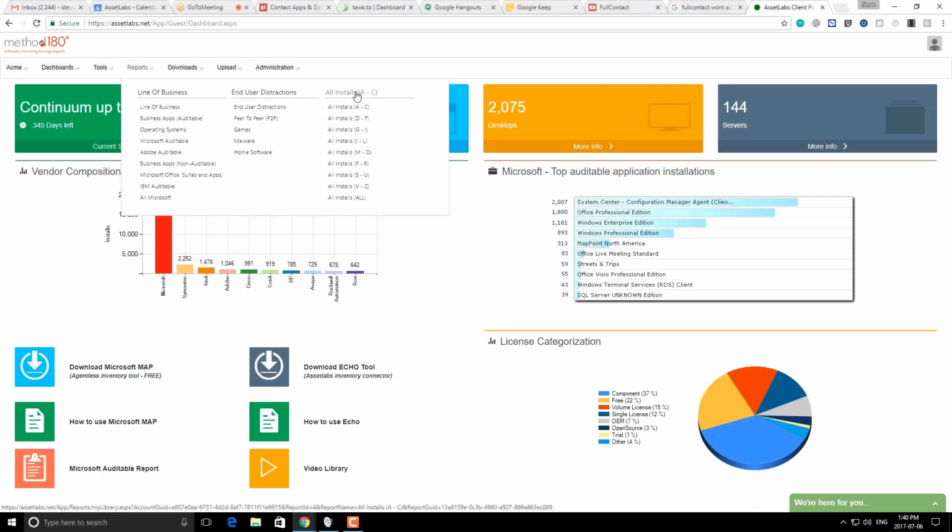Let me ask you a couple of quick questions about the dashboard in general. Sorry, I probably cut you off as you were going to talk about all installs, but I'll let you come back to that. Okay, so I'm going to assume this customer has loaded their inventory in through, say, MAP or